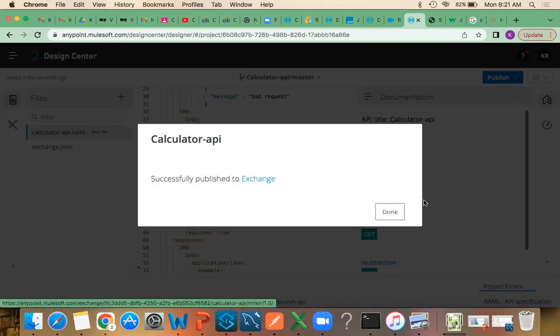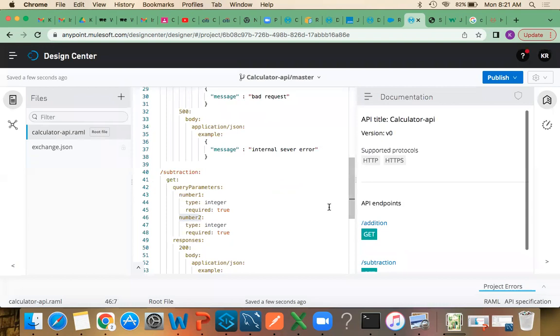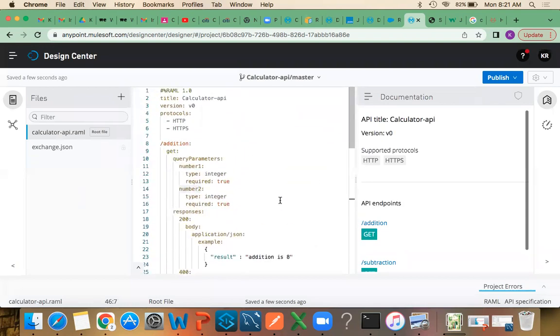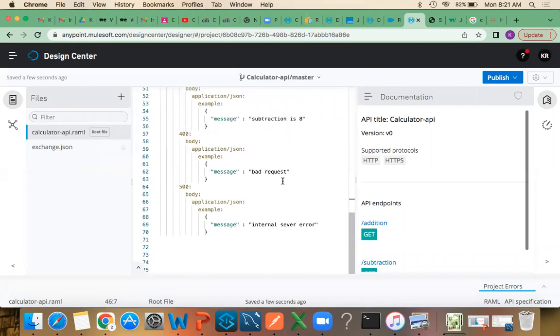So we publish to the exchange, click on done. That's it. This is how we need to do it. Next, what we need to do, we have to import this YAML to the studio. Then we need to start our development. Correct? Next, what I will do, simply, I'm going to create one more method